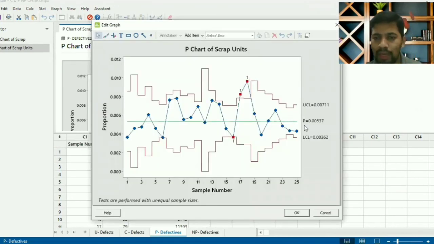So for proportion, P bar you got 0.00537, and it goes through all these values, first proportion, another. So these are all the outliers. You have outliers indicated in red. Here you have sample 16, proportion 0.003. Another outlier you have here is 17, test failed. Another outlier you have is sample 18. These are also outliers. So thereby you can easily take control.